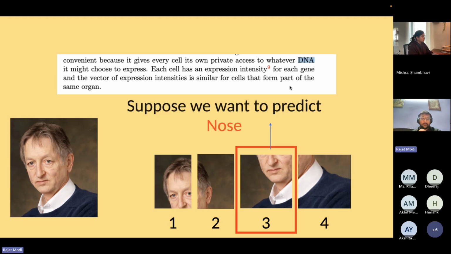Now I will give you a biological analogy that will help you understand the network. Consider how a baby is born. You have a sperm, and after intercourse it forms a cell. That cell is known as the zygote. Every cell in your body has the same DNA. But depending on the location, sometimes the body gives you the nose, sometimes the eye, and sometimes a mouth. So that's the whole idea here.